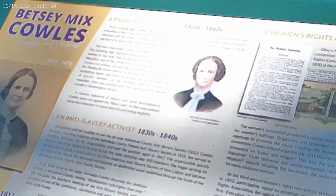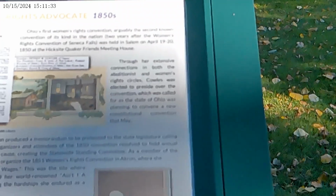Betsy Mix Cowles, a women's rights advocate, 1850s. Ohio's first women's rights convention, arguably the second known convention of its kind in the nation, 2 years after the Women's Rights Convention of Seneca Falls, was held in Salem on April 19th to the 20th, 1850 at the Hicksite Quaker Friends Meeting House. Through her extensive connections in both the abolitionist and women's rights circles, Cowles was elected to